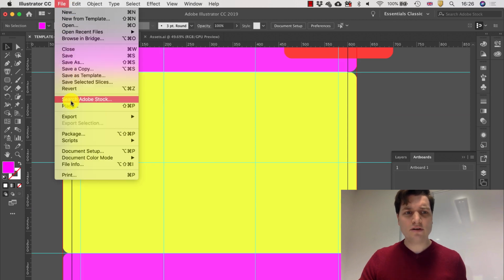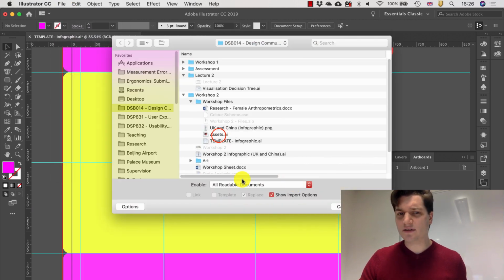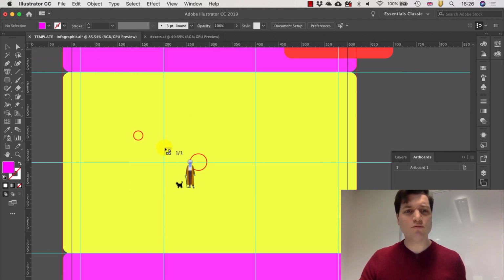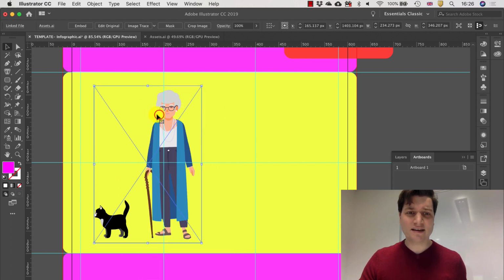And I believe the next one should be some old women. Let's go and have a look what we find. If my memory serves me right, yes, it's a woman with a cat. I'm going to place her again